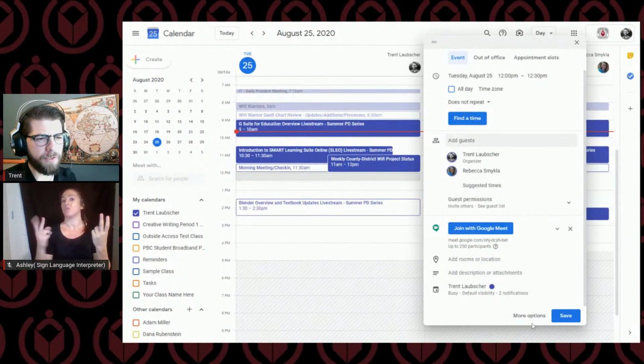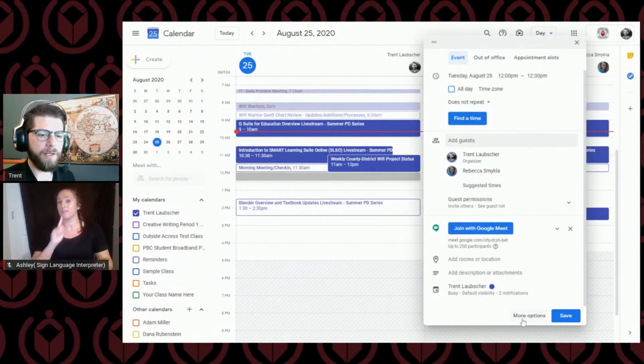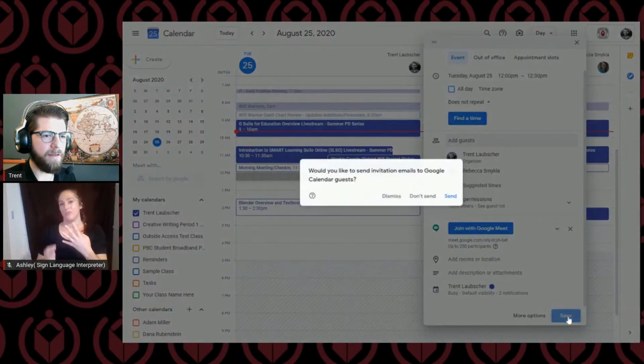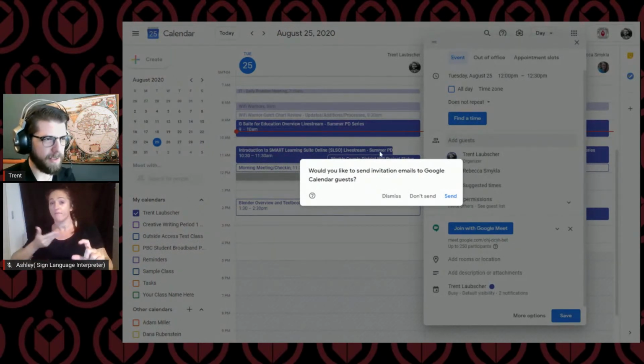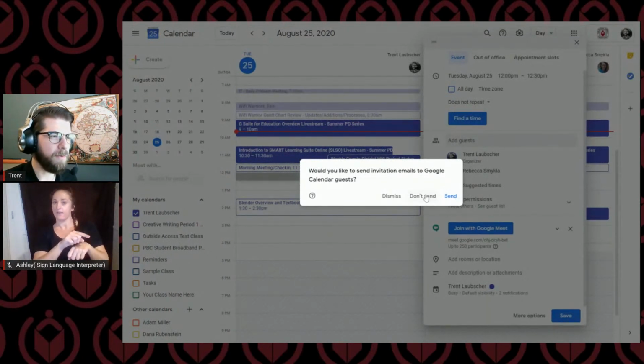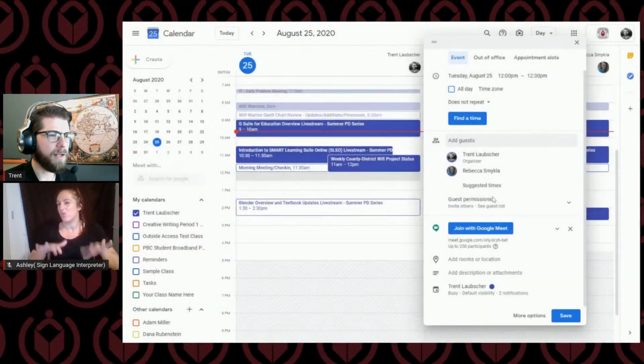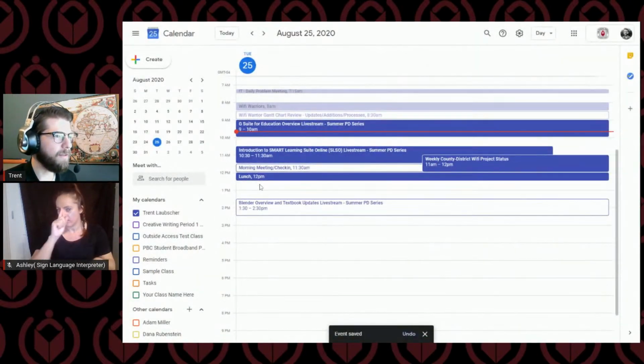So I can browse some other options here. If you click on more options, it'll give you even more in-depth options. But if I click on save, right here, it gives me a notification. Would you like to send invitation emails to Google Calendar guests? In this case, to Rebecca. I can click send, and by default, it has send. But you can choose not to send it, or you can choose to dismiss this. So for now, I'm just going to click on send,